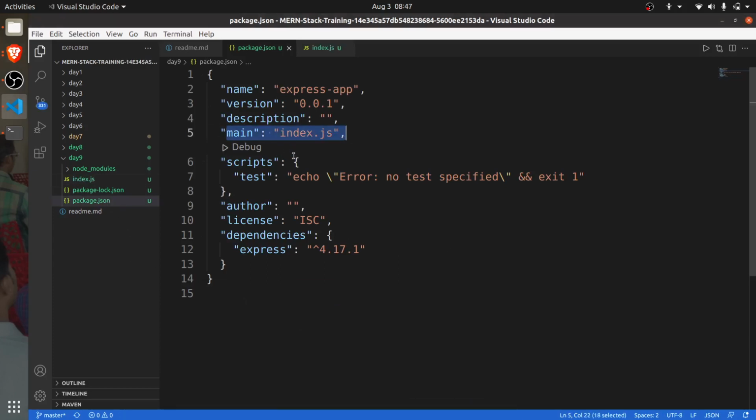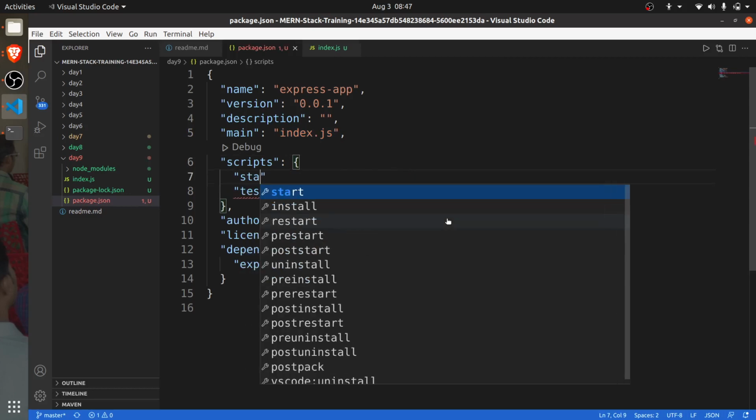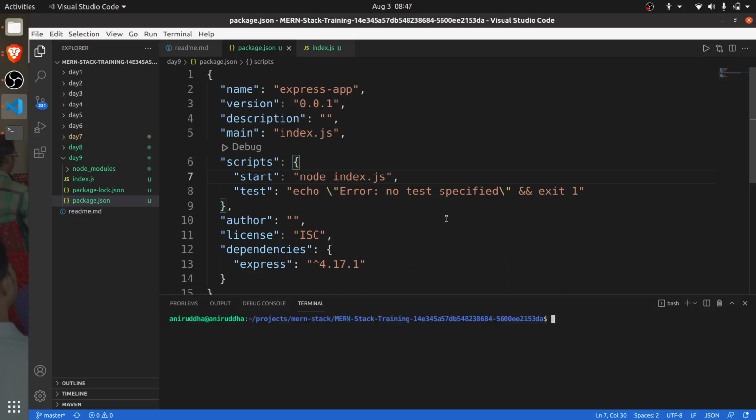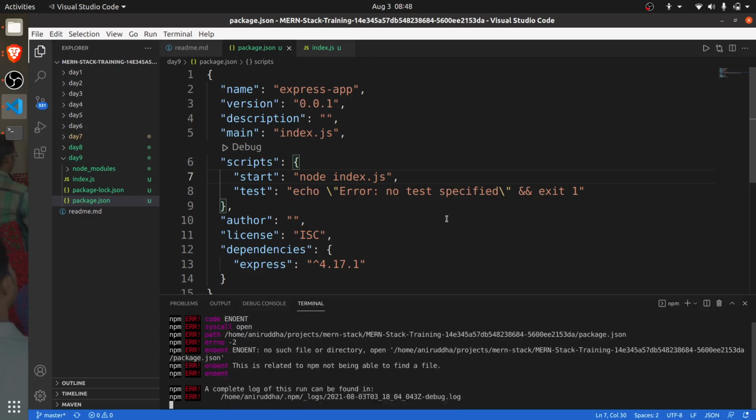Means whenever you write a script, npm will find this file, index.js. Right? It will find this file. Like this, and I can say node index.js. Okay, and go here and you can say npm start.